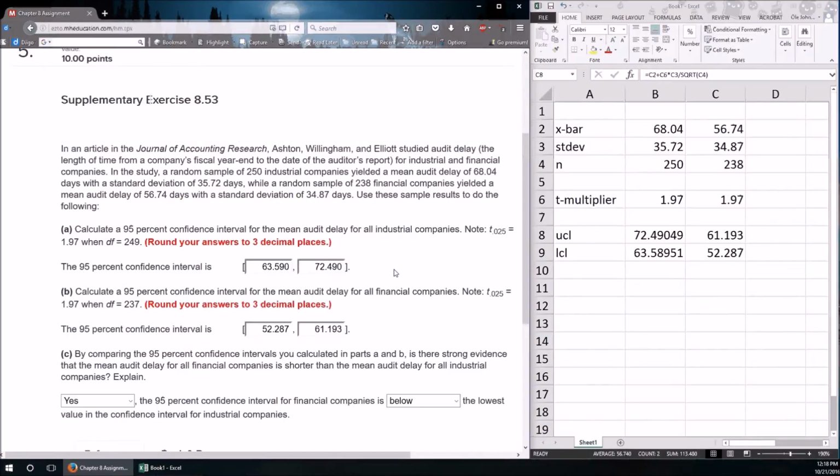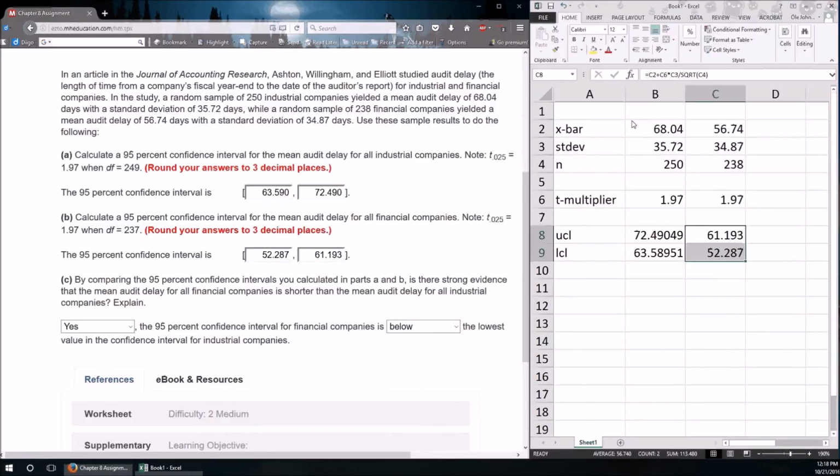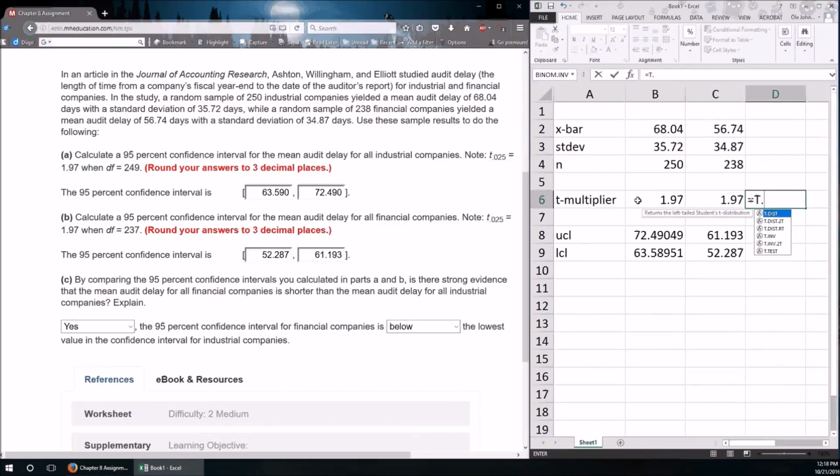And that's it. That's how you calculate confidence intervals using Excel. Notice what information is given to you. You're given the sample mean, the sample standard deviation, and the sample size. This t-multiplier is not always given to you. How would we calculate it? Well, here's how you would calculate it. It's T.INV,